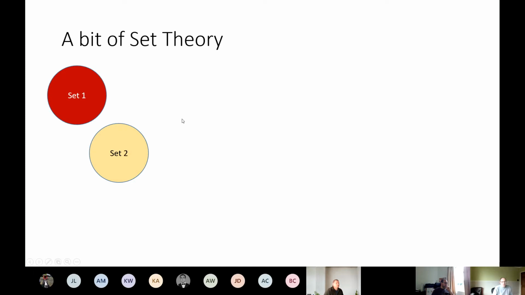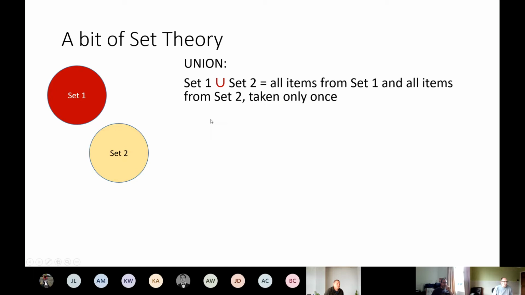So set theory consists of a few different things. I'm going to talk about unions. So a union is basically where you take all items from all of the sets that you have. So in this case, if we've got set 1 as our red circle and set 2 as our cream circle, if we're unioning those, then what we're doing is taking all of the items that appear. If you think the item in this case is a CHI number or a person, we'll be taking all the people from set 1 and from set 2. But there are 3 options, I should say, so that's the first of our 3 options.